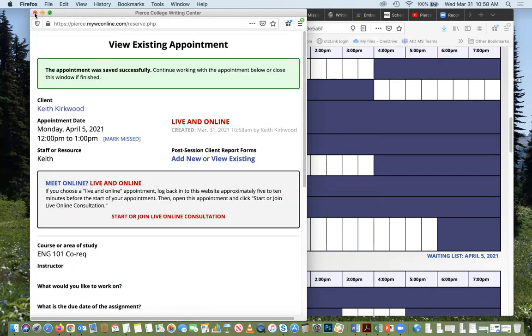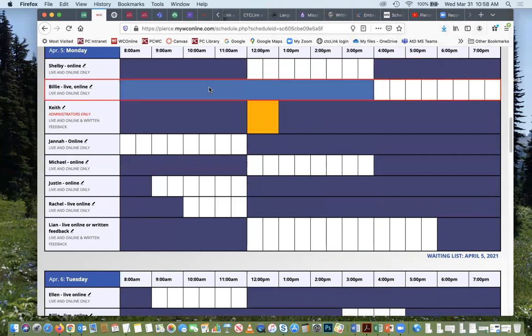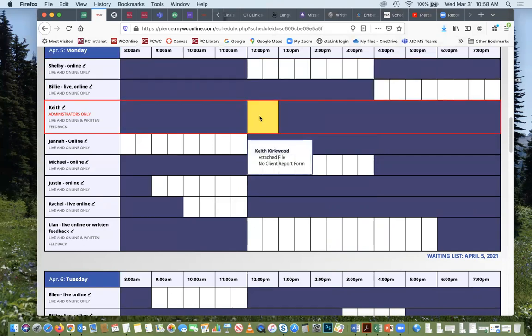So you can change the date, you can change the time. Once you close out of that window, you should be able to see a yellow square instead of a white one where it indicates that your appointment is now made. So at the time of the appointment, you simply come back to the appointment window, open it up,